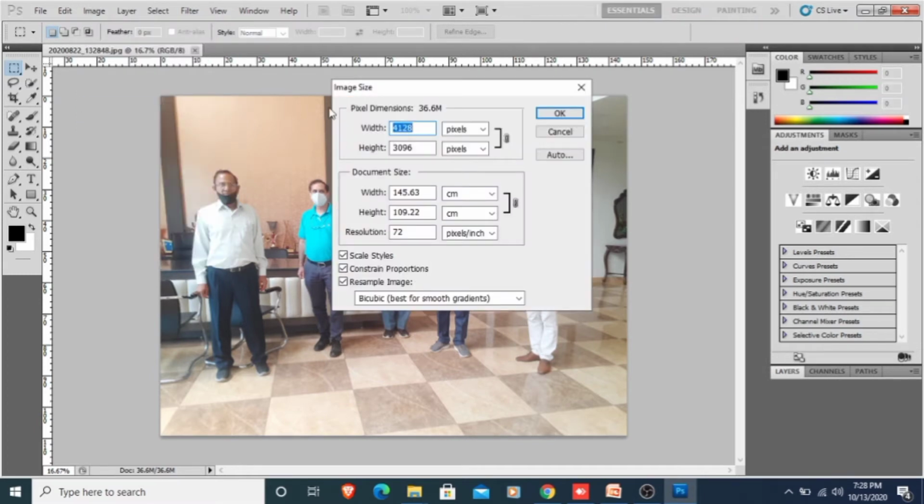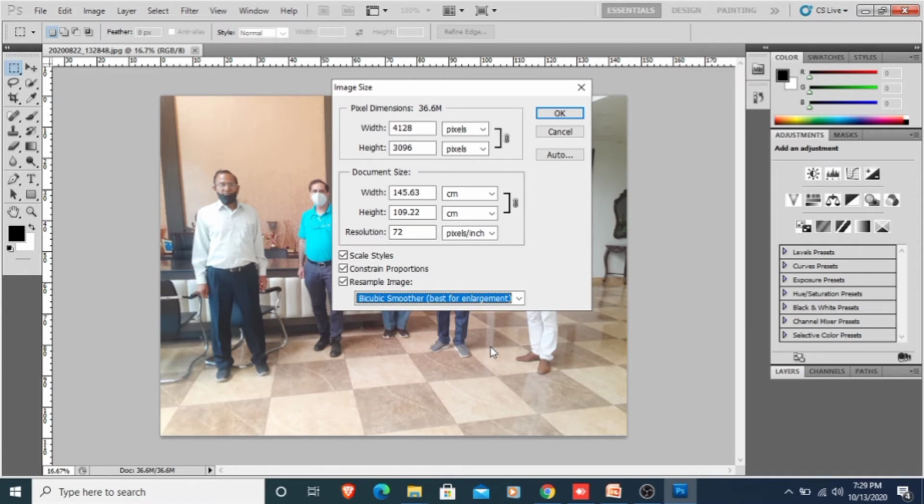Here you see an Image Size dialog box. First, click on the Resample Image checkbox, and from here select Bicubic Smoother, best for enlargement, because we are going to increase the size of our image.